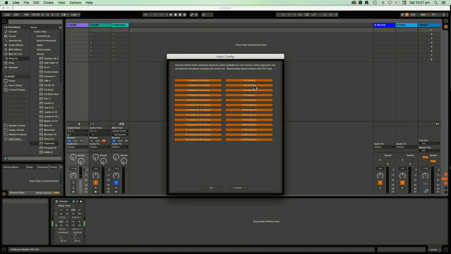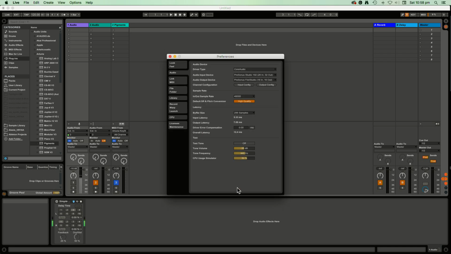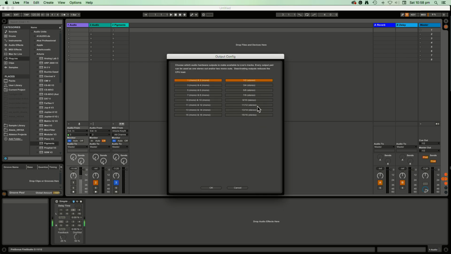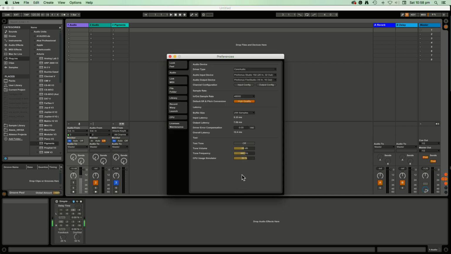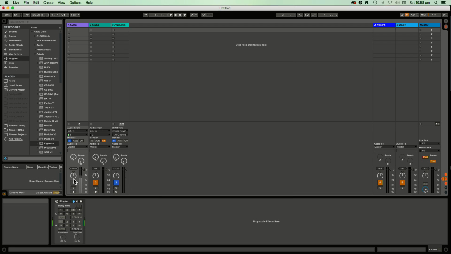But then I can set up my input config. Now, at the moment, it's finding 26 inputs on the Studio 192, which is huge. I mean, I don't need that over there in my little video corner. And on the output, I've got 16 channels that I can output to, but I'm just using the 2. So you can see that the audio is coming in through that Studio 192 and out through my mixer. And if I click on this, you'll hear the SEO2 again, and then out of my mixer,